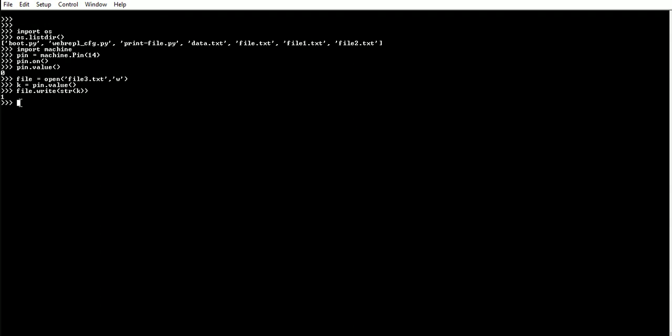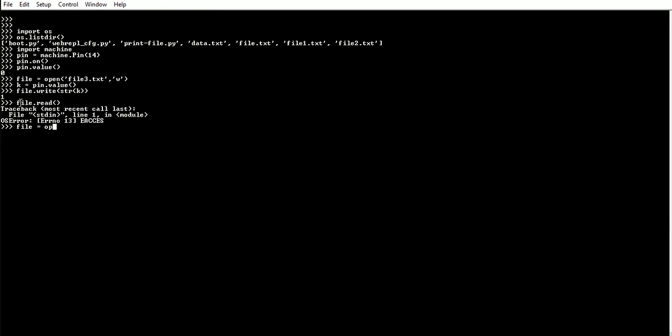So now let us assume we want to read the contents. File dot read of. Okay, oh, there is an access error, so let us assume we want to open it again.